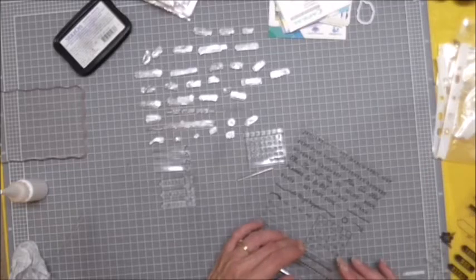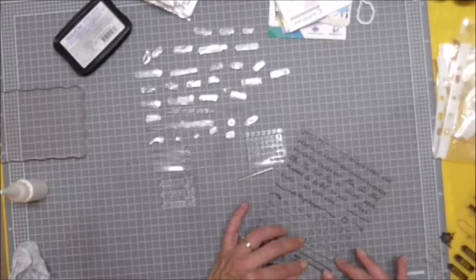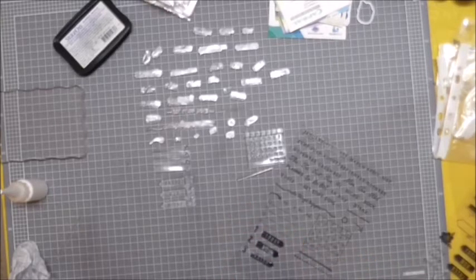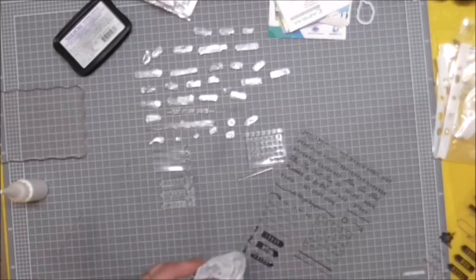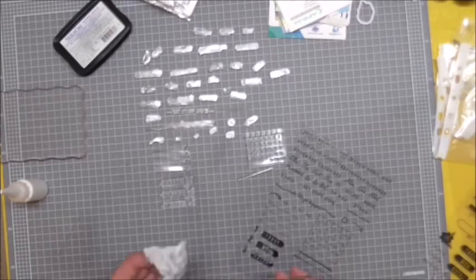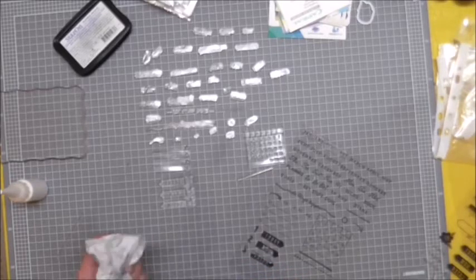So I haven't stamped these yet. So basically, if it still kind of sticks, I'll stamp first, and then I just clean it up. Good. And as you can see, it's really just not sticking. So, okay. And then once I've got it cleaned up,